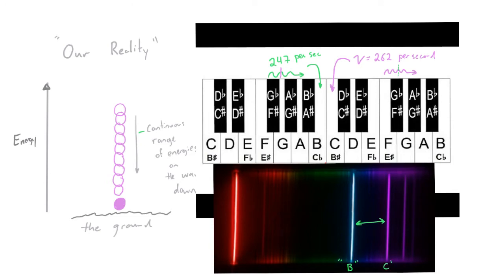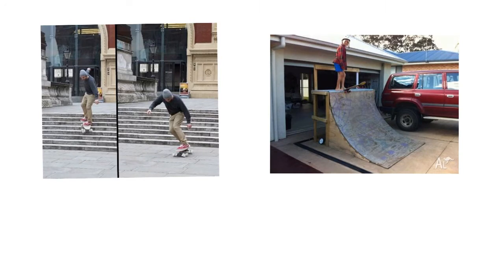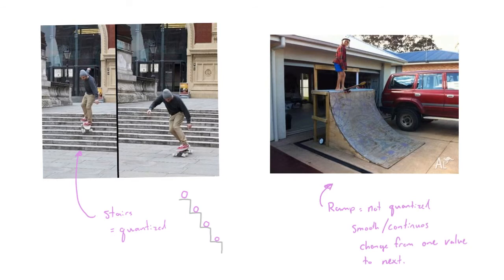The gaps in between those colors are a bit like the gaps in between the notes on the piano keyboard, where we don't have a key that we can press to give us that particular frequency. We refer to situations like this, like the one we see here on the piano keyboard, as being quantized. When something is quantized, we go from one value to the next value like we would through a staircase. There are only certain allowed values, and we go from one to the other by jumping between. This is different than something that's continuous, like a ramp, where we go through a smooth range of values from